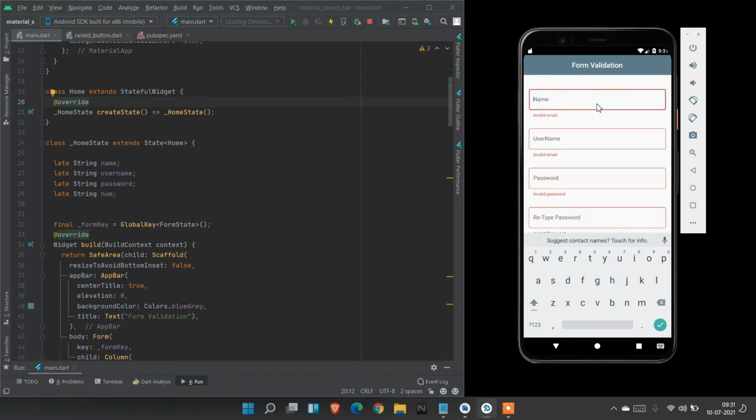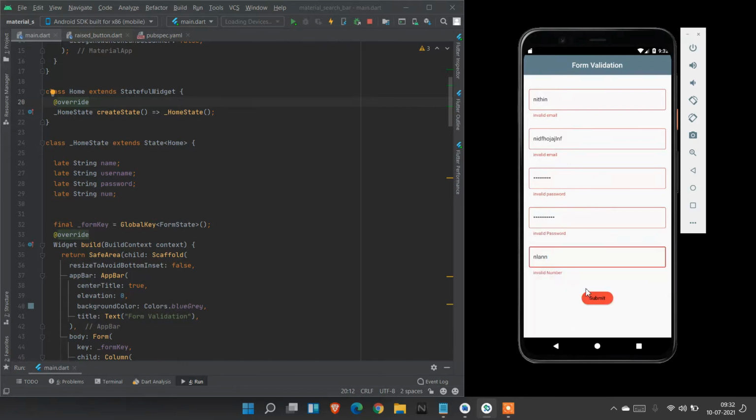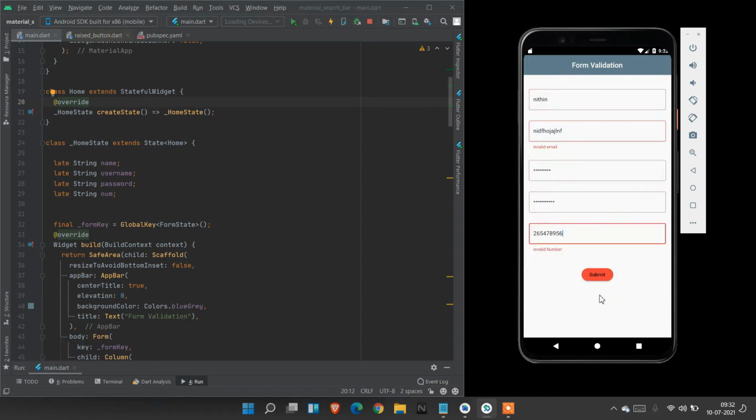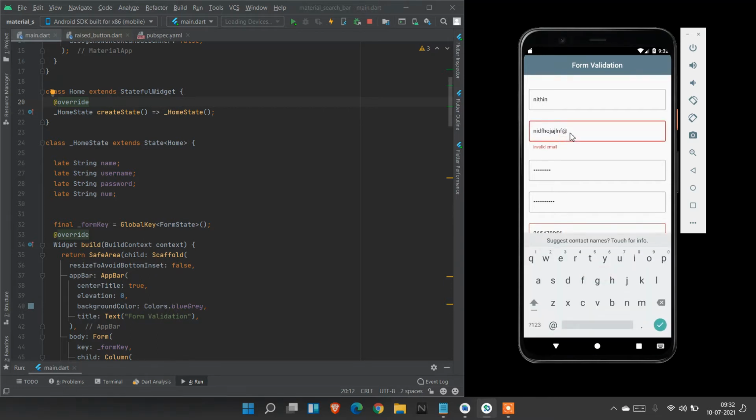If I enter name and I enter Gmail without a username or surname, now it shows output of invalid. The number is less than 10, and the Gmail without containing the at symbol doesn't validate.